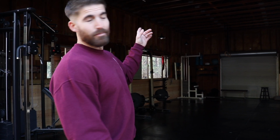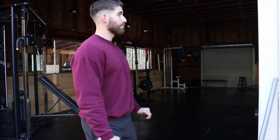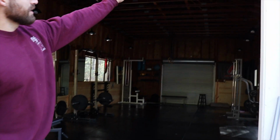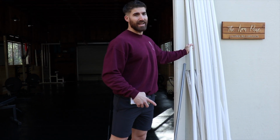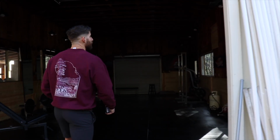Now this is my home gym. It's not your typical garage gym, as you can see. It is pretty damn big. So I'm gonna show you real quick the most recent update, which is, if you look across the ceiling, I had these office lights before. Really ugly, flat, sort of corporate looking lighting. Was not a fan. So what I did instead is I just came through, and you can see,